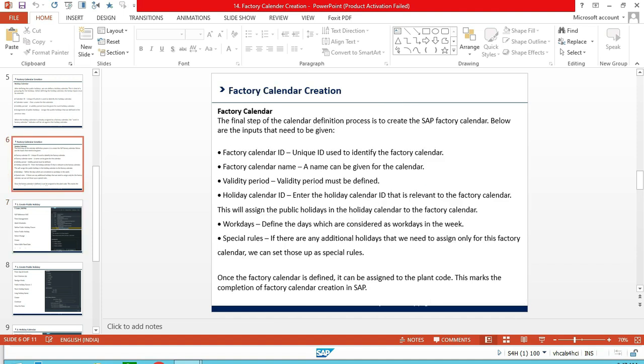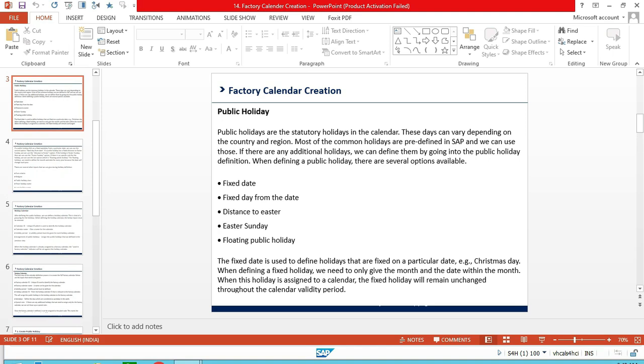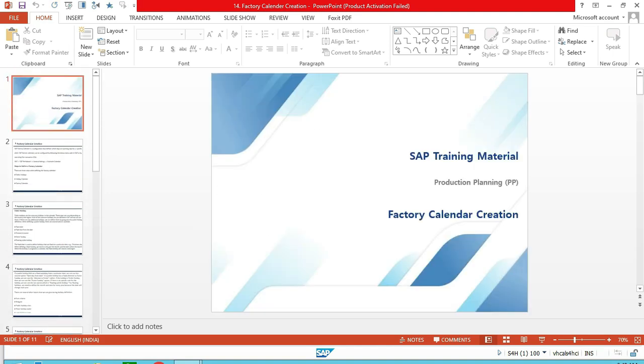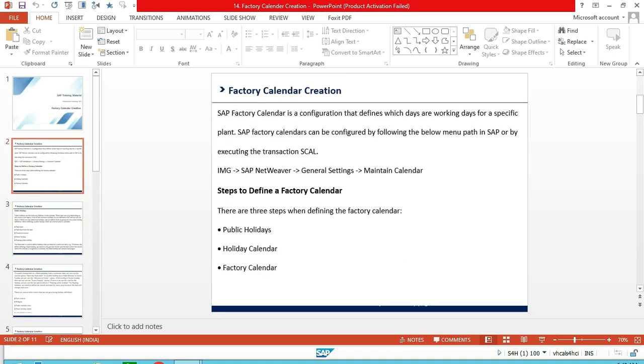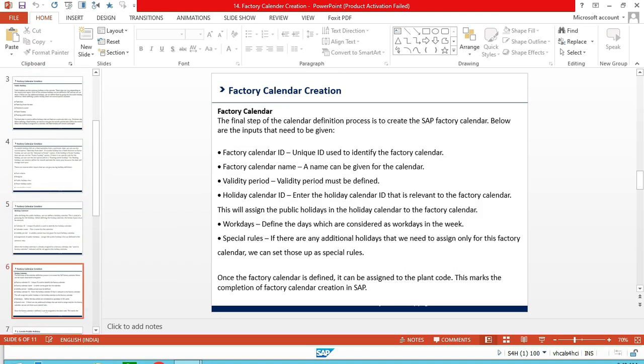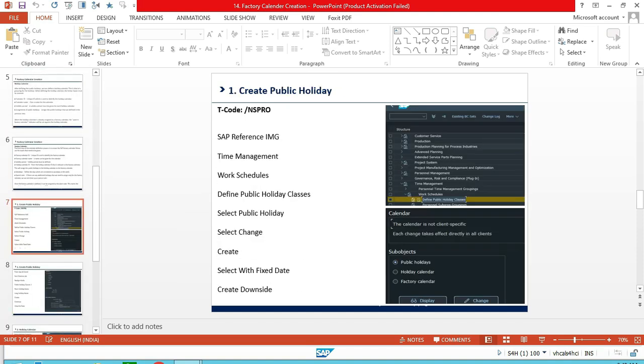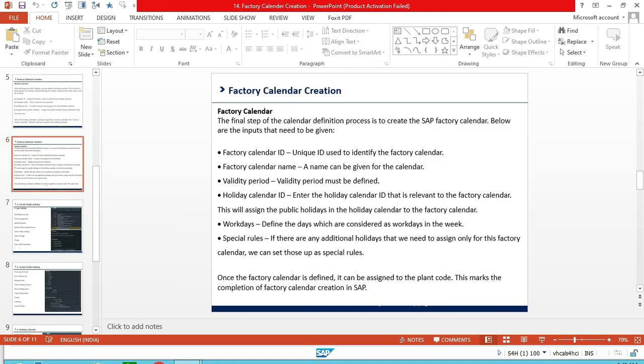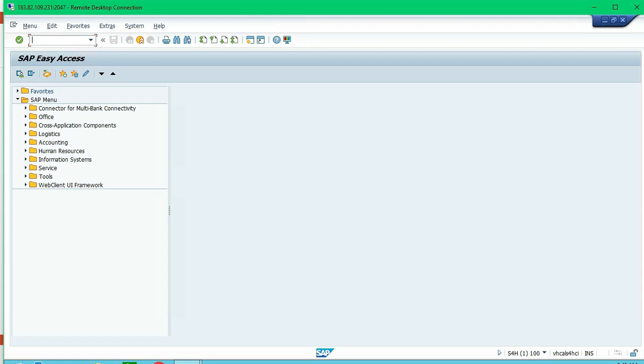So now the factory calendar overview has been completed. In this overview, we saw 3 topics: public holidays, holiday calendar, and factory calendar. Now let's start creating the factory calendar in our SAP system. So I'm going to open the SAP system. The navigation to create factory calendar: